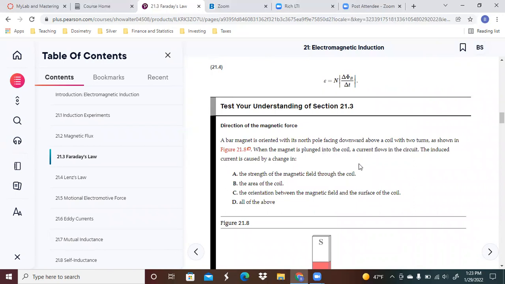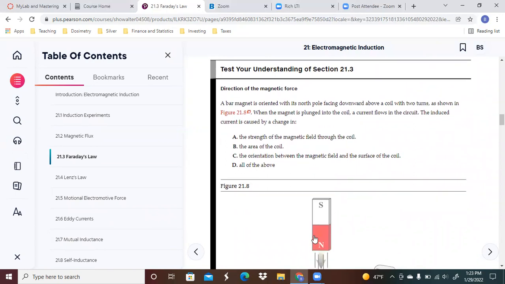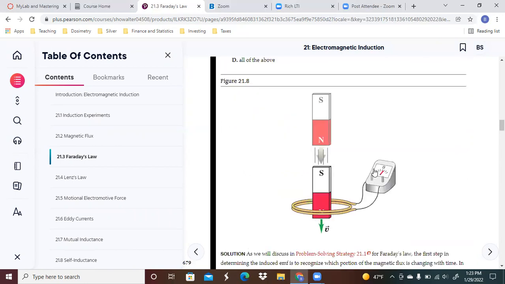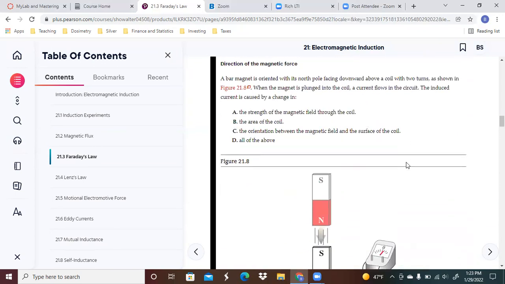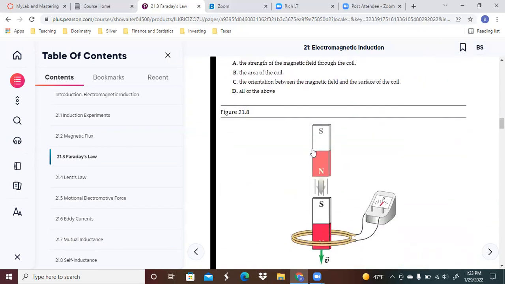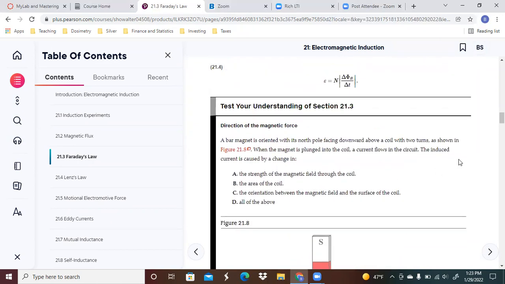We've got a bar magnet. It's oriented with its north pole facing downward above a coil with 2 turns. What is when the magnet is plunged into the coil? In other words, goes from here to here. A current starts to flow in the circuit, as you might expect, because the magnetic field is changing. This induced current is caused by the change in,